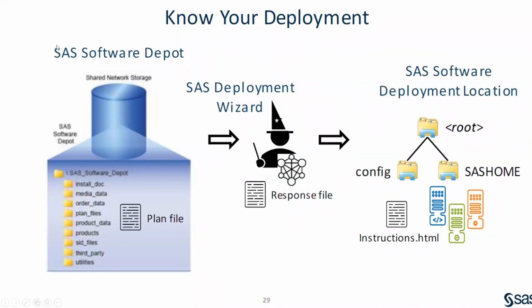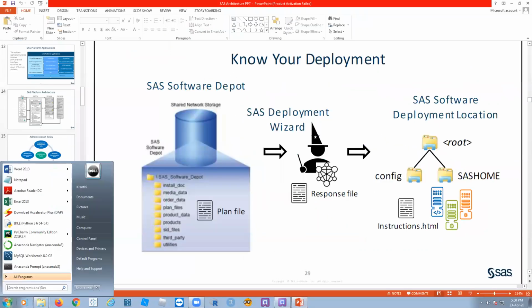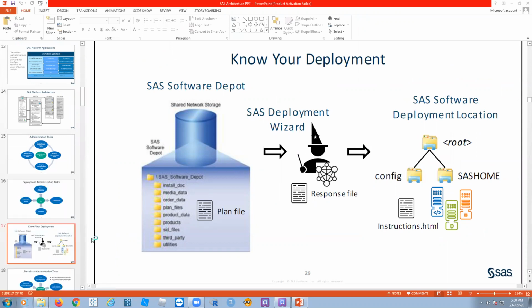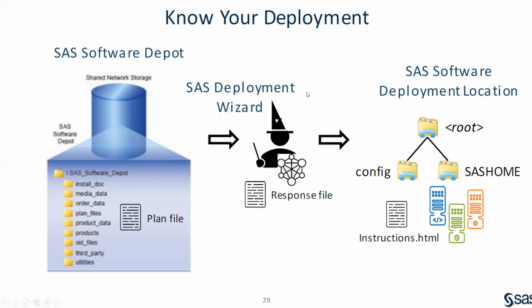Then now your deployment. So this is how to deploy. Just now I showed you. We have the complete SAS software depot. So we have everything here, the SAS software depot. Then we have to deploy. Deployment wizard. There is a SAS deployment wizard. It looks like this. Go to the SAS. See, there's a deployment manager. Okay, so you can install the deployment manager. Then from the deployment manager, you choose what tools you want to deploy. It's nothing but making a subset only. Okay, like this. Later we have to deploy all those. Okay, then finally you will be loading into one folder. So this is the deployed software.